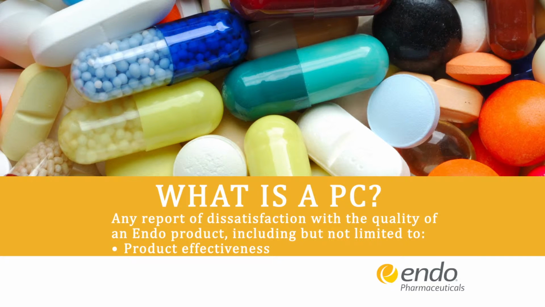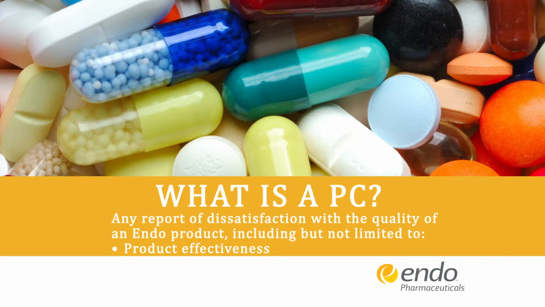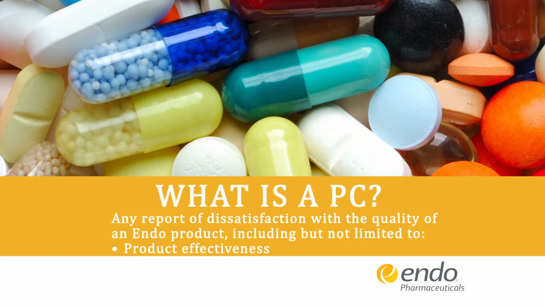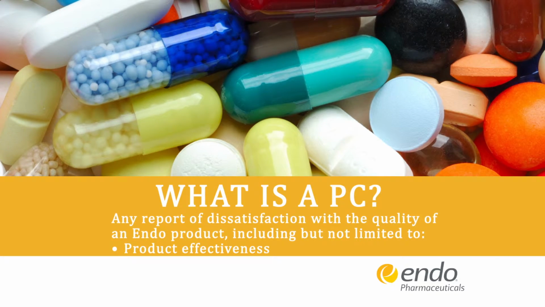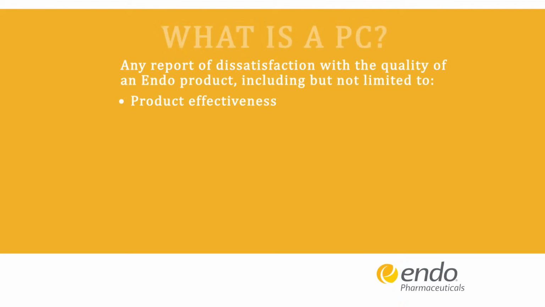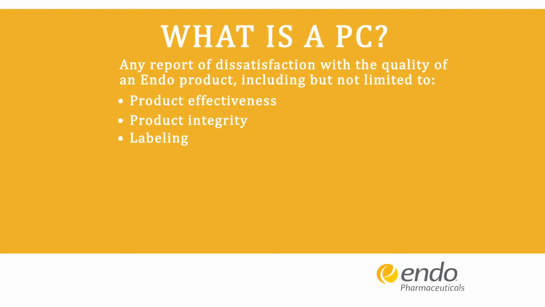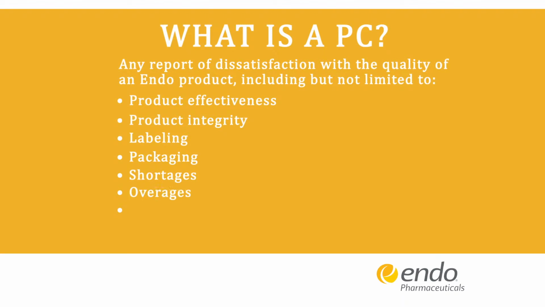The medical information group at Endo, who takes the information, will make sure it is shared with the appropriate departments at Endo, such as pharmacovigilance and quality assurance. Other PCs include problems with product integrity, the seal on a bottle is broken when it shouldn't be, labeling, the label is misprinted or provides inaccurate information,